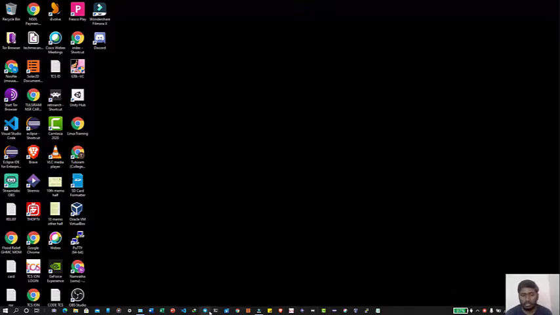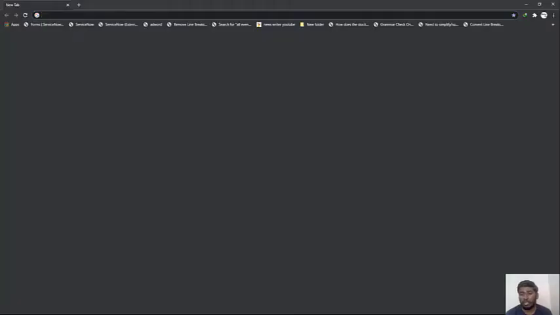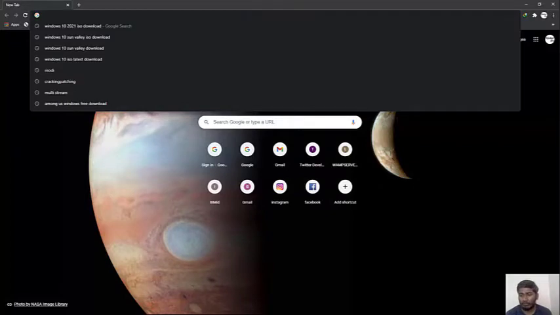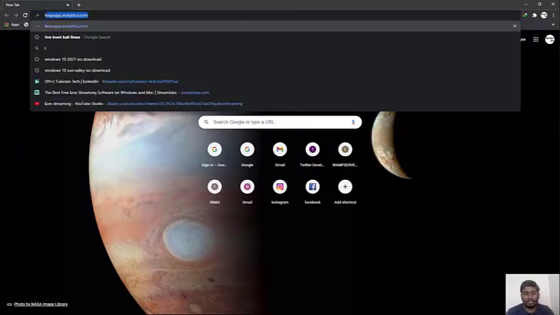So again, open a Chrome browser. Then find what the laptop model is. If you are installing on a PC, it's fine. You could enter BIOS using F12 or F3. But I am using a Lenovo IdeaPad. So I'll enter